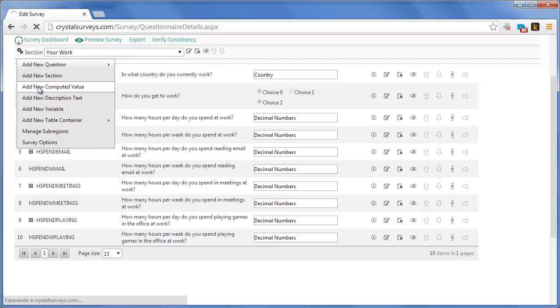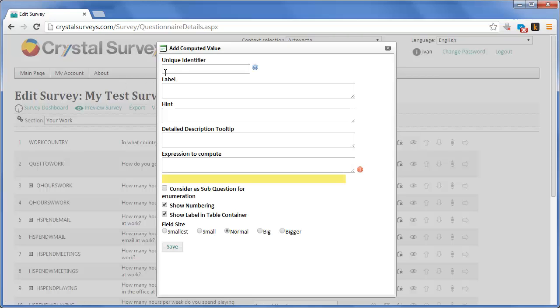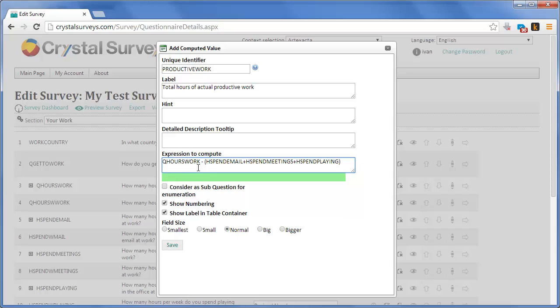A computed value is just like a variable, and it has a unique identifier, and I'm going to call it productive work with a label that reads, and I'm going to make this expression the hours worked minus all the time that I spent doing email, meetings, and playing, and I'm going to consider that my productive time. And I'm going to save my